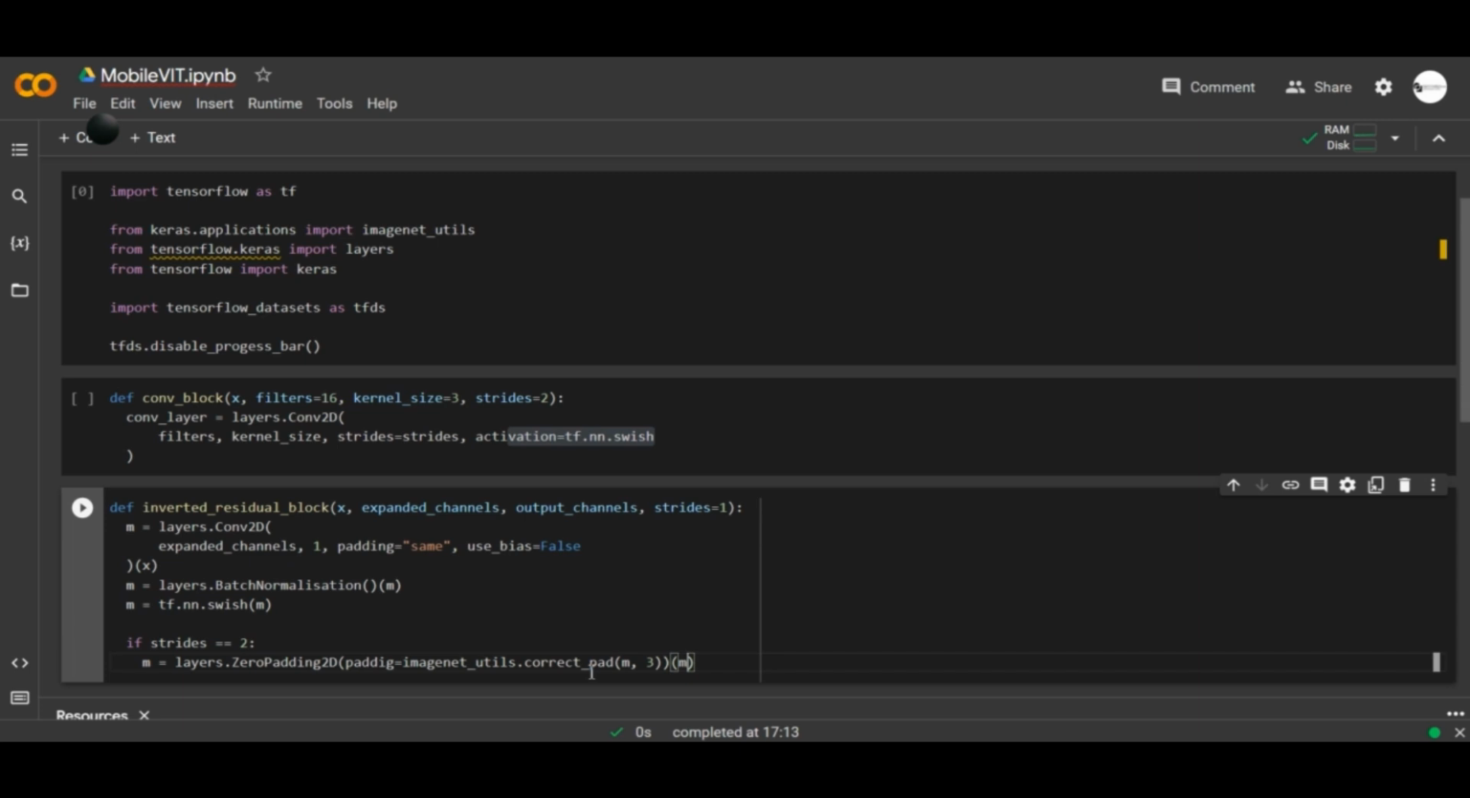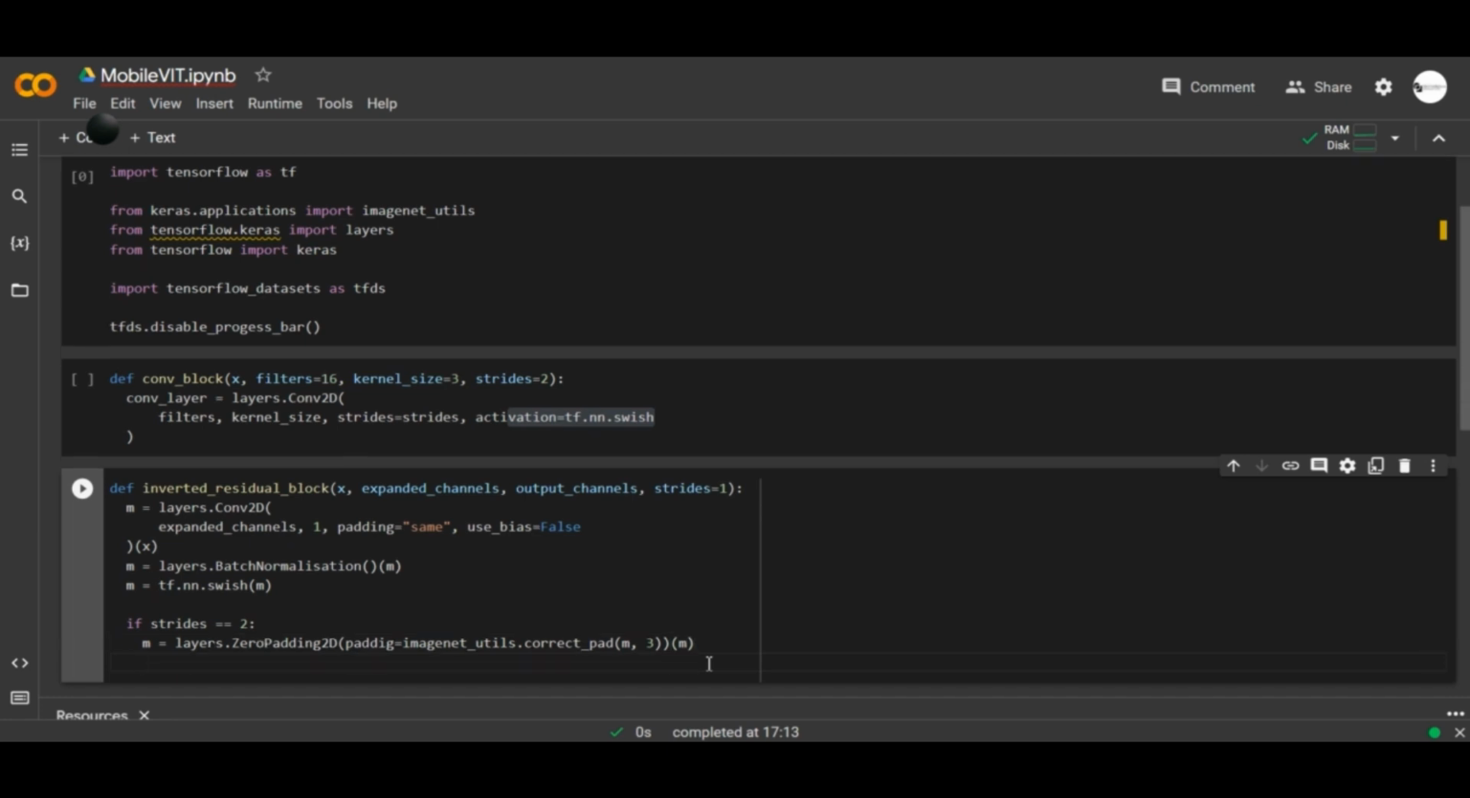So this layer can add rows and columns of zeros at the top, bottom, left, and right side of the image tensor. Okay, so that's what padding does, right? So let's say you have an input image, you pad it. So anyway, we have m equals to layers, then we apply the depthwise